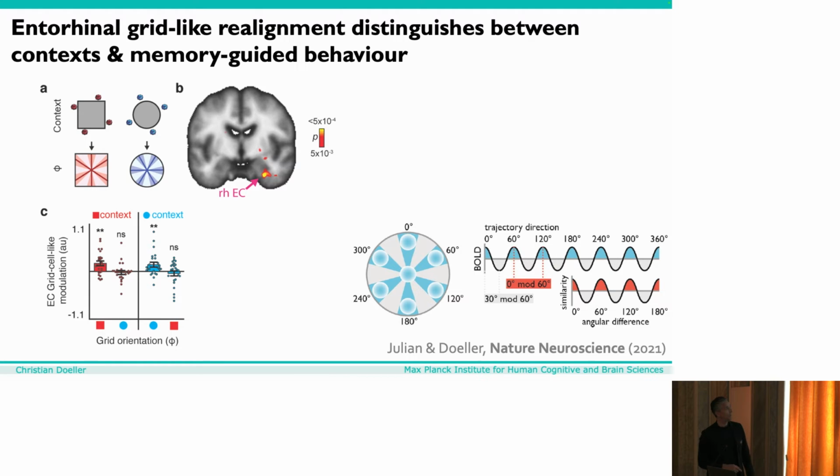So that's what Josh does initially for the circle and the square environment, and he sees a significant hexadirectional signal in entorhinal cortex in both environments. Interestingly, when you take the predicted hexadirectional signal from the square and plug it into the circle analysis, it doesn't work. So that means that the overall orientation of this hexadirectional signal, if you like, the phase of that signal,